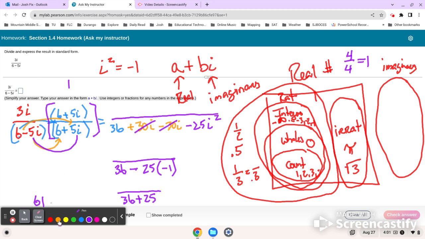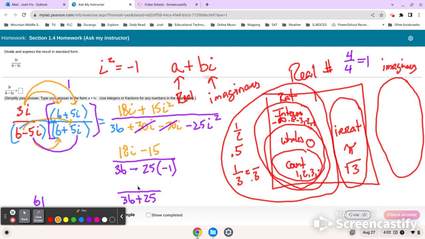So same thing, I'm going to multiply 3i, distributive property, times 6. That gives me 18i. I'm going to take 3i times 5i. So that's going to give me 15i squared. Okay, once again, I have an i squared right there. So we bring down the 18i. The i squared turns into negative 1, and so this turns into negative 15. So remember, i squared becomes negative 1. A negative times a positive gives me a negative.